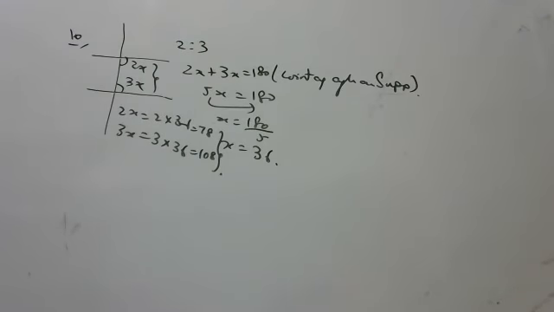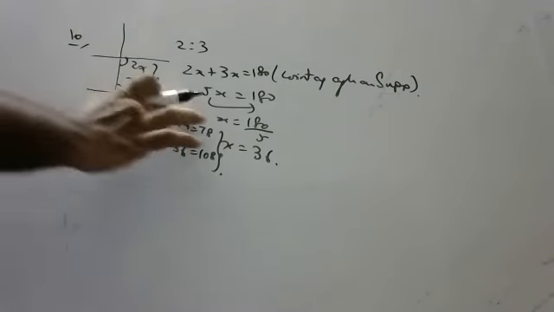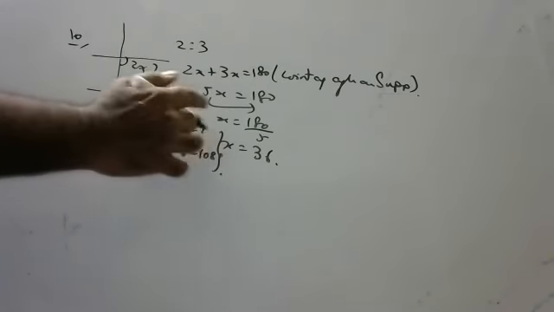How much you do, children, that much perfect you'll become, children. So 78 degrees and 108. 78 plus 108 is 180 because co-interior angles are supplementary. That is your 10th sum. Sir, 2x is 72, not 78. Okay, sorry. 72, yes, thank you for explaining.